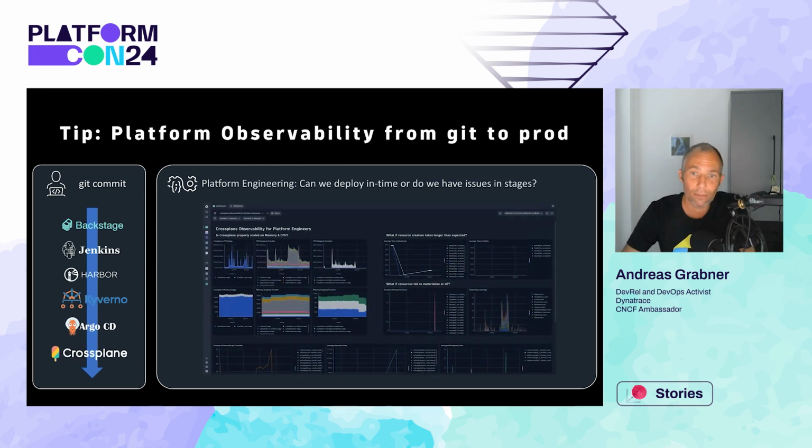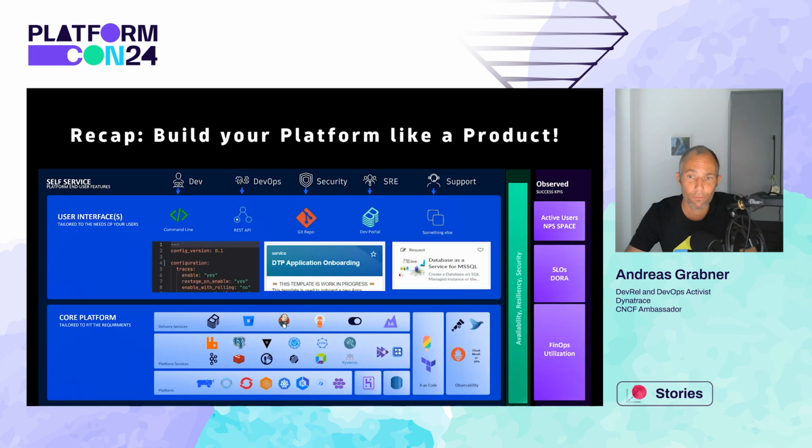Last but not least, in this toolchain here is Crossplane. So I'm sure many of you have heard about Crossplane. Infrastructure as code for cloud native. Crossplane and others, whether it's Terraform, Ansible, there's so many tools out there that you can use. Whatever tool you use for your infrastructure as code, make sure you observe it, you monitor it, and you learn before your engineers learn that there's a problem with it. Because if that component of your platform has a problem, your developers will also not be happy with it.